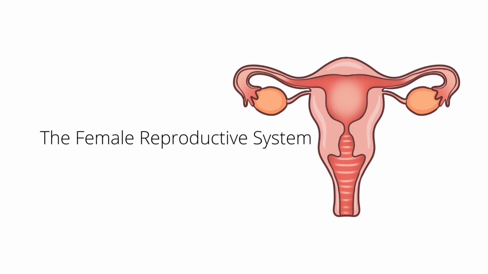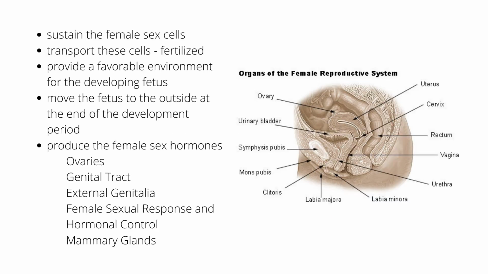And so, continuing on with the reproductive system, let's now go to the female reproductive system. The female reproductive system's organs produce and maintain female sex cells, or what we call the egg cells or the ova. Transport these egg cells to the location where they can be fertilized by the sperm cells during intercourse, no? And then they provide a favorable environment for the